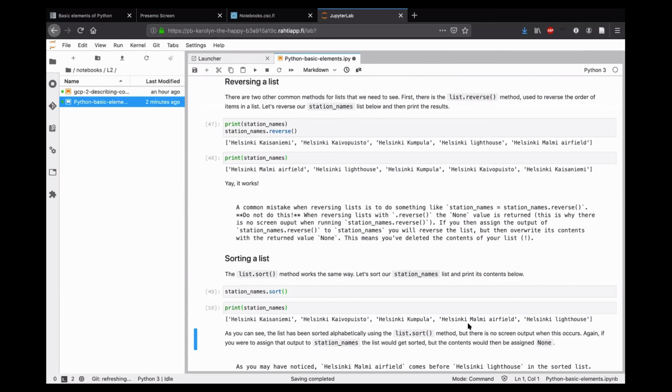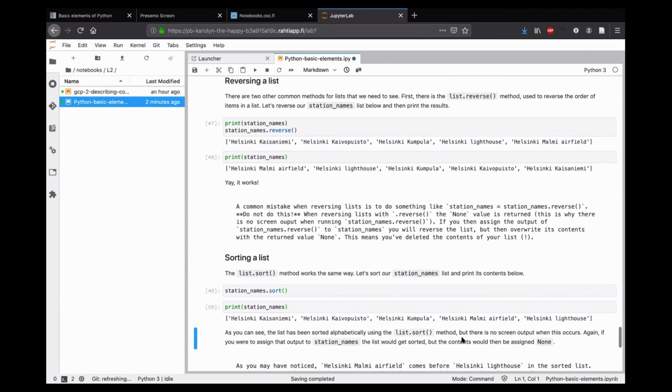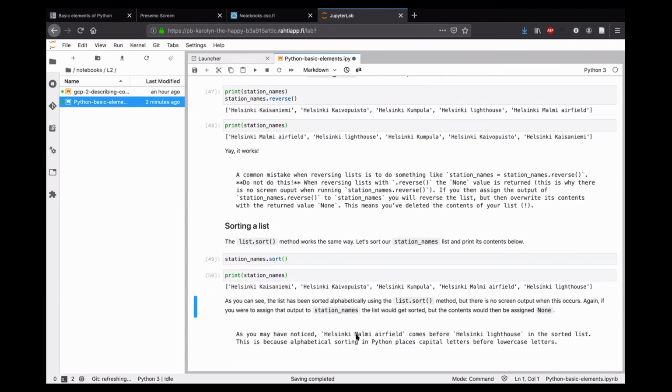Now you might look at this and say, why does M come before L? That has to do with the way in which the sorting happens. It uses the ASCII character code, in which case a capital letter is listed first before the lowercase equivalent of it. So capital M actually comes before L in the order of those items. If we had Helsinki-Malmi Airfield with a lowercase m, it would of course be listed after Helsinki Lighthouse in this sorting. So that's just something to be aware of, as well as the fact that this also